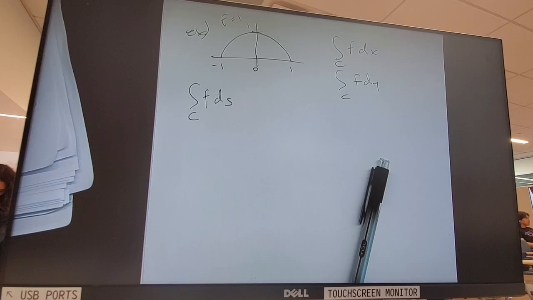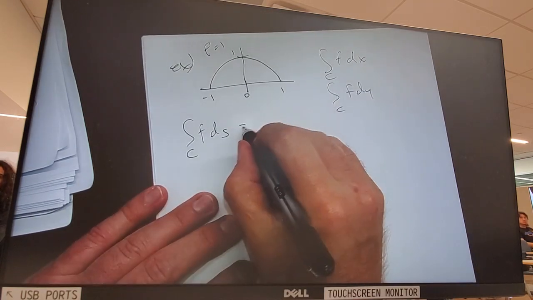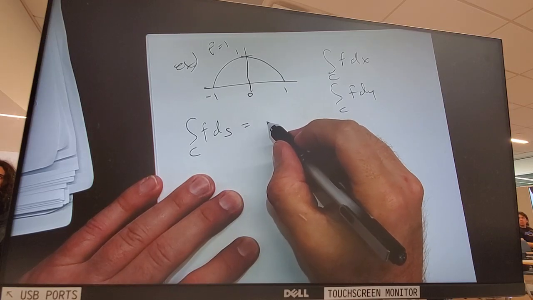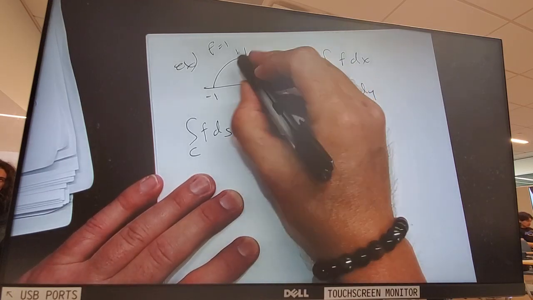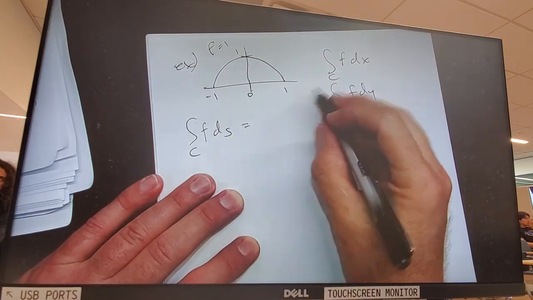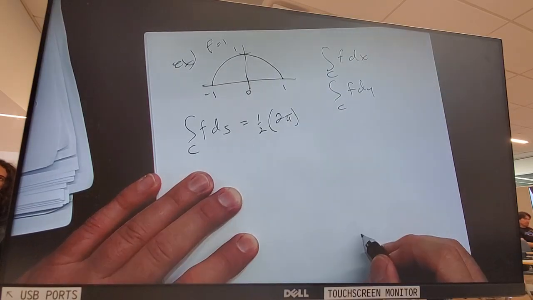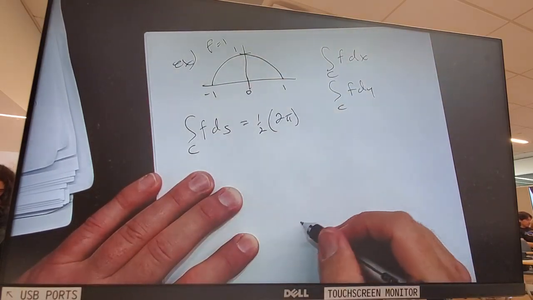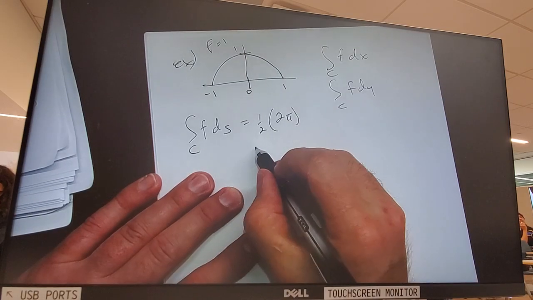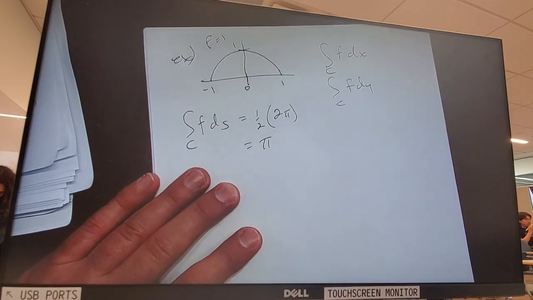So if that integral represents the length of that curve, what's the length of the curve? Go ahead and tell it. Who's got it? How'd you get that? 2 pi r, yeah. And this is pi over 2, this is half of it, right? So this would be half of 2 pi. Because the whole circle would have a circumference of 2 pi, so this would be pi.